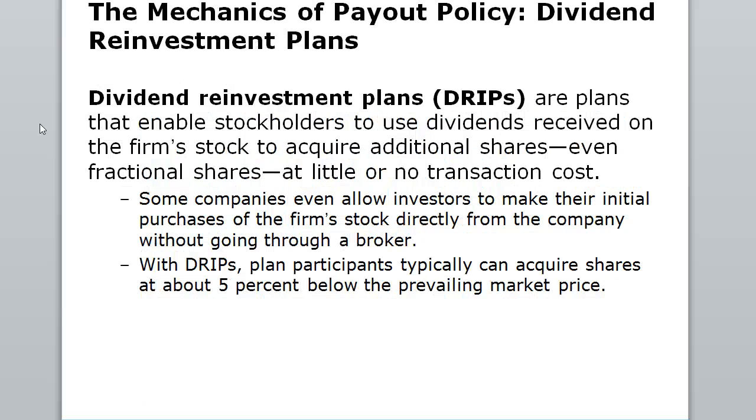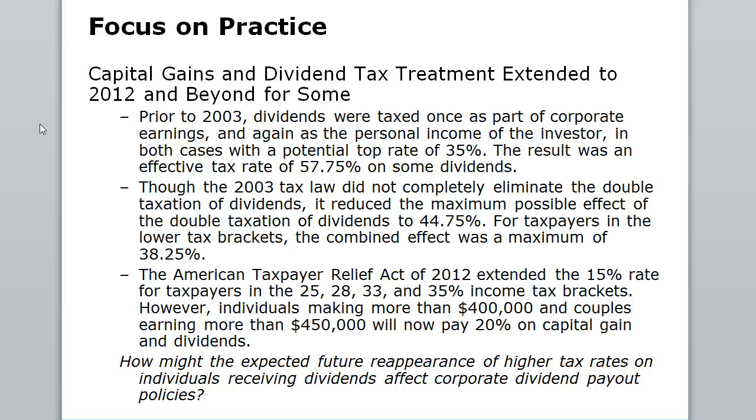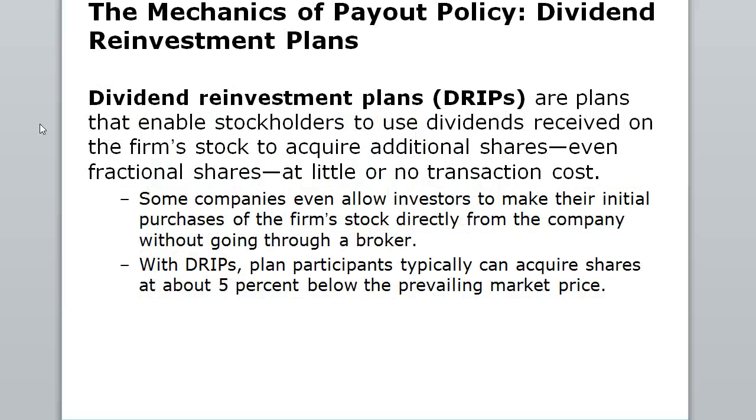Now this actually, when they lowered the tax rate on dividends, encouraged more companies to pay dividends, since taxes were less of a concern for shareholders. So they were more willing to. And remember, a lot of the officers of the company and families that own the companies, they own a lot of stock. So if the tax consequences are reduced, then there's less of a fight not to issue dividends.